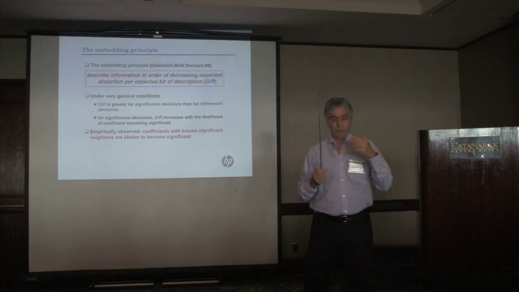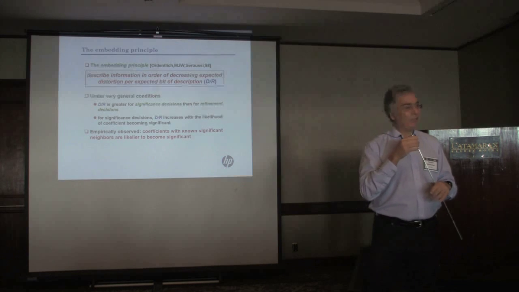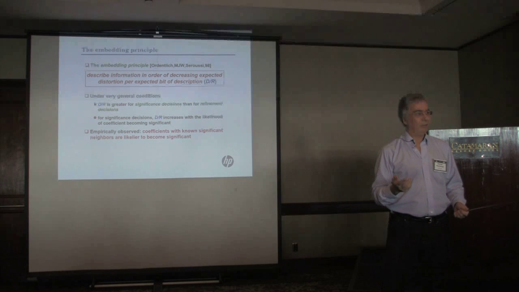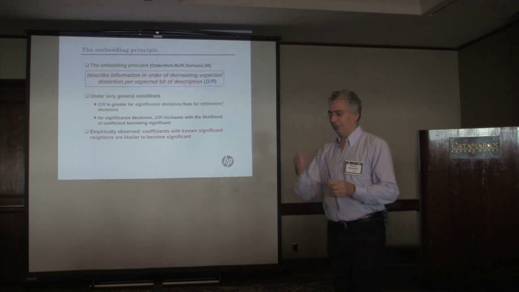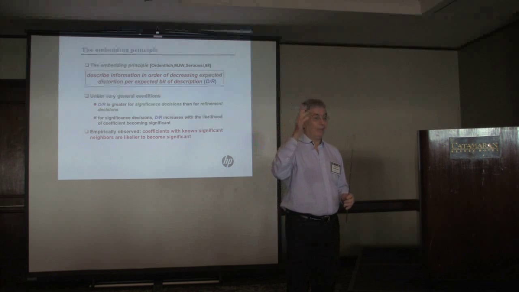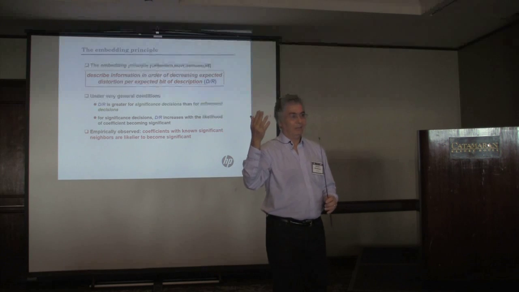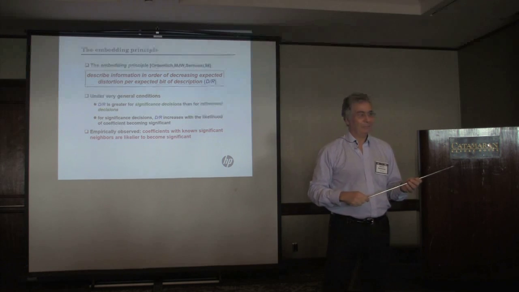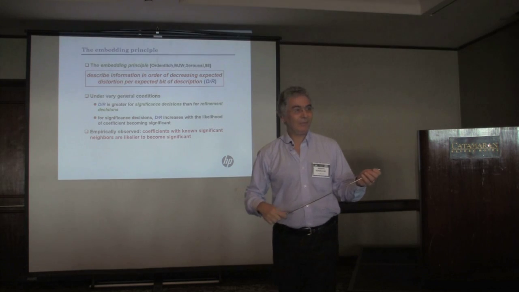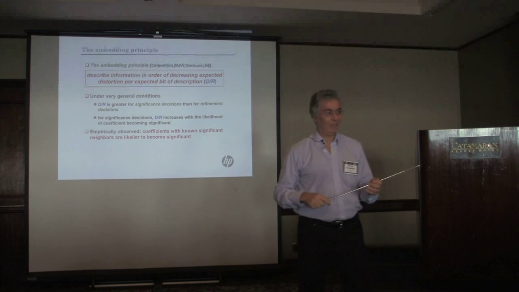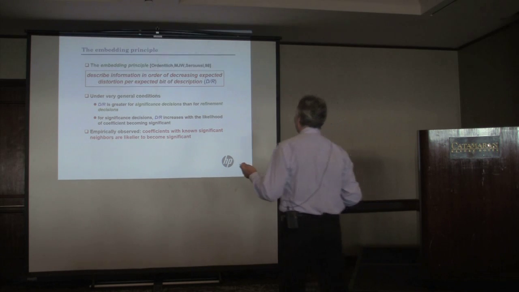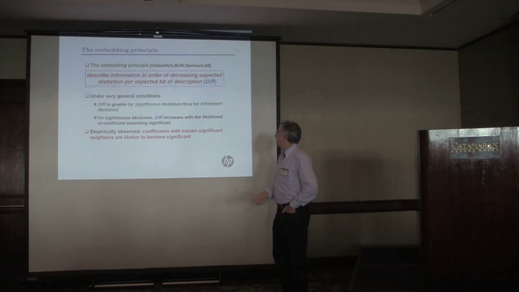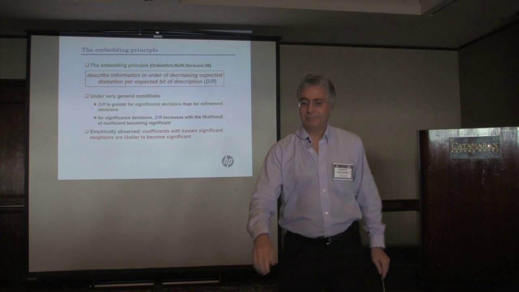You have to estimate the probability of a coefficient becoming significant, and then if it has more probability, you send it first. However, this messes up the whole thing, because the way we modeled probabilities was with a causal template. But if you don't know whether you have sent this bit, then you have a problem, because you don't know what you can include in your causal template. So we have further simplified through empirical observations. One is that coefficients with non-significant neighbors are likelier to become significant.